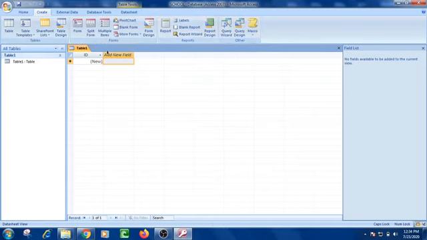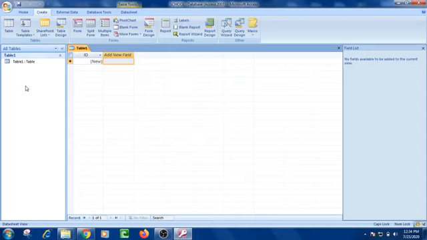Now in a database, the first thing that we do is to create the table, because without creating a table we cannot move to the next object. One more thing I want to explain over here is that on clicking the Create tab, the various objects are available there. Now for creating the tables,